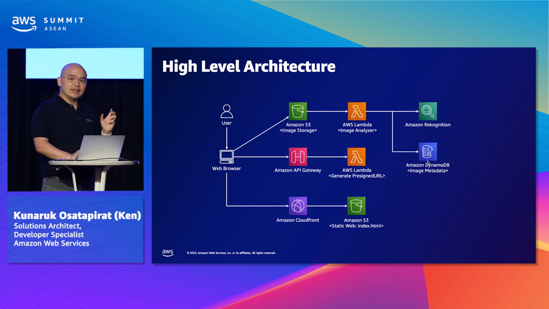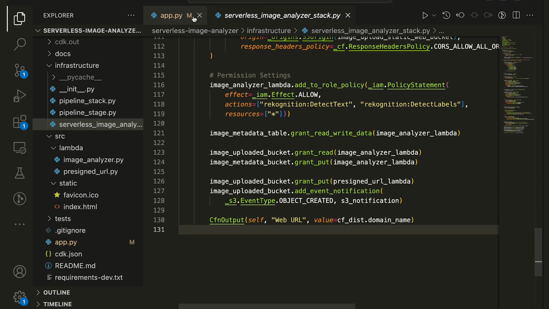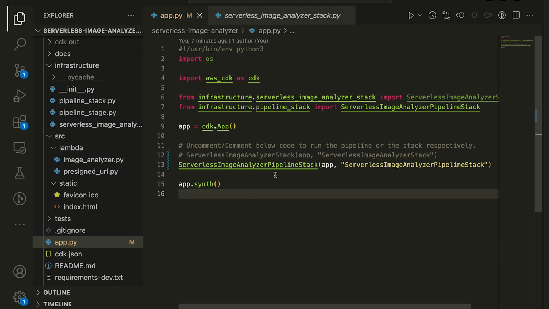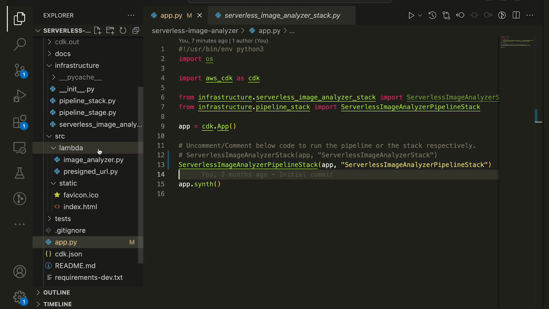So let's have a look at the code. We're going to start with app.py, which is the entry point for CDK. I'm going to create the pipeline, the CI/CD pipeline, using the pipeline stack. You can see that this is Python code, not a scripting language. And when we look at the pipeline stack,